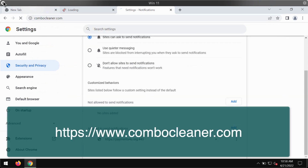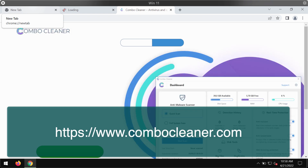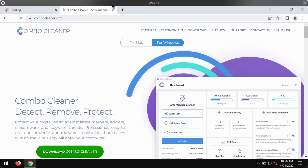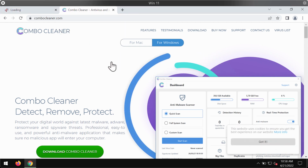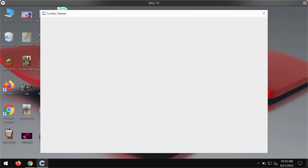And to make sure that your computer is free of any other threats, I would recommend researching it with Combo Cleaner Antivirus. Please get it on the official page combocleaner.com. Use this green download button, install the program, and begin researching your device to detect and eliminate such hidden threats